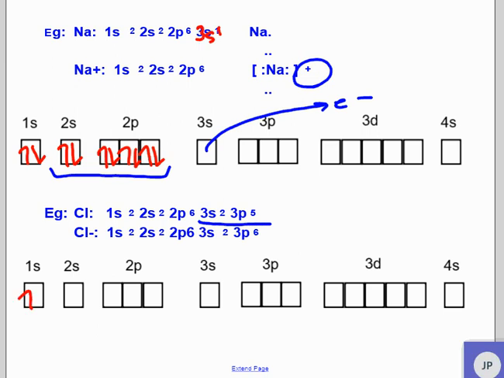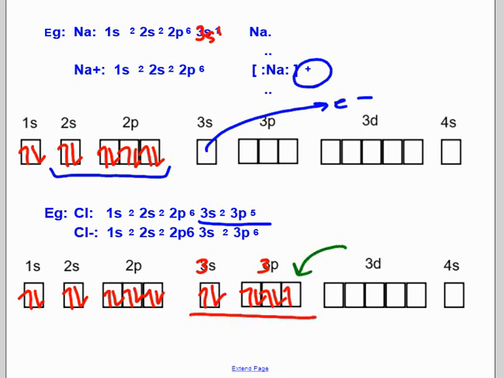Again, if you look at the orbital diagram for chlorine, you will see that we have 7 valence electrons filled in. The ones with the highest principal quantum number are our valence electrons. In this case, it was less work to bring in an extra electron and fill this in to be 3p6. So this is the electron configuration for the chloride ion, and it will have a -1 charge